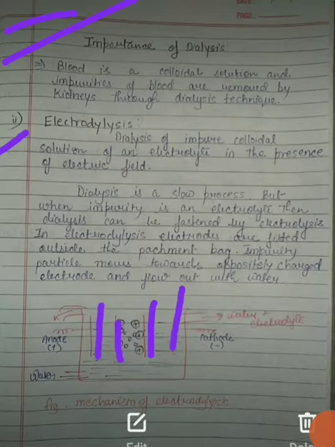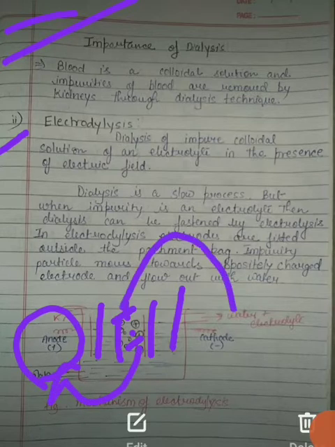There are colloidal salts in the parchment bag, and we are assuming the soluble impurities are electrolytes, so they must be ions. They may be positive ions, they may be negative ions. So the impurity particles move toward the oppositely charged electrode. Suppose here is the anode, so negatively charged particles will gather here, and positively charged particles will gather on the cathode. As they aggregate on the oppositely charged electrode, they flow out with water.